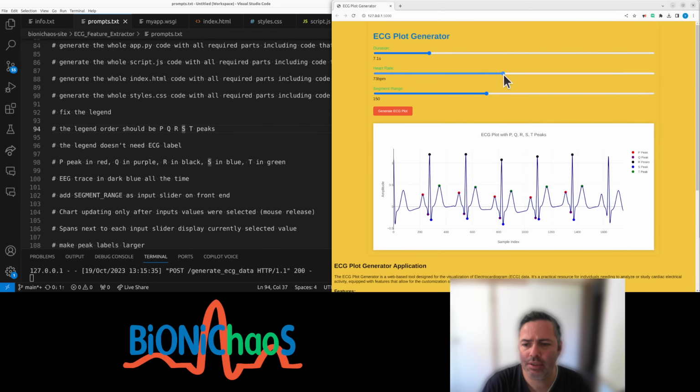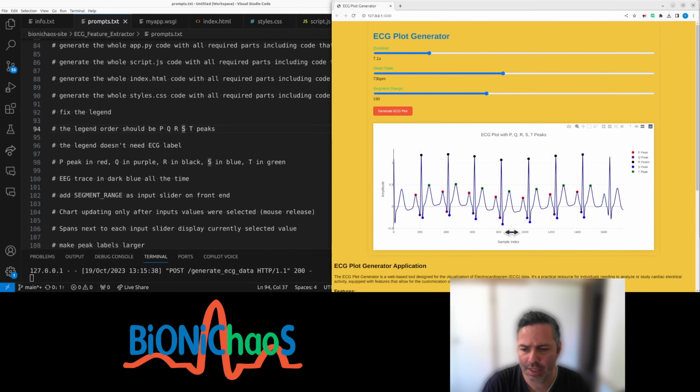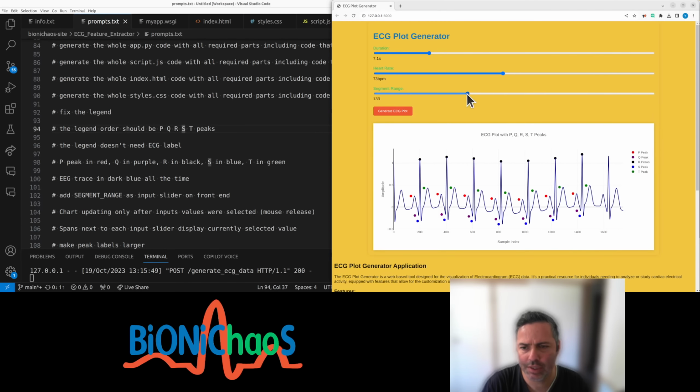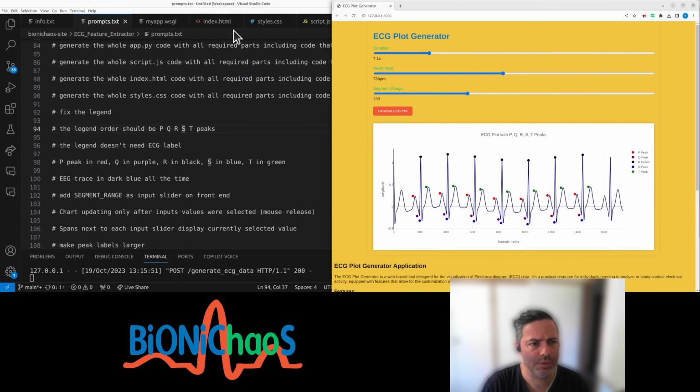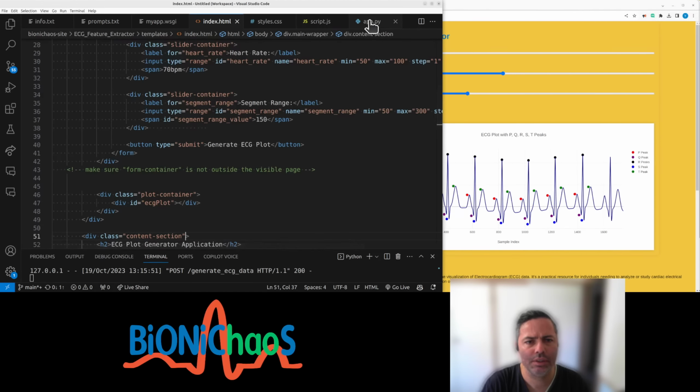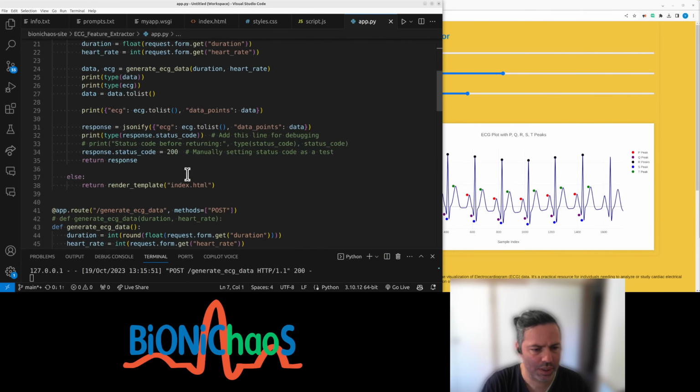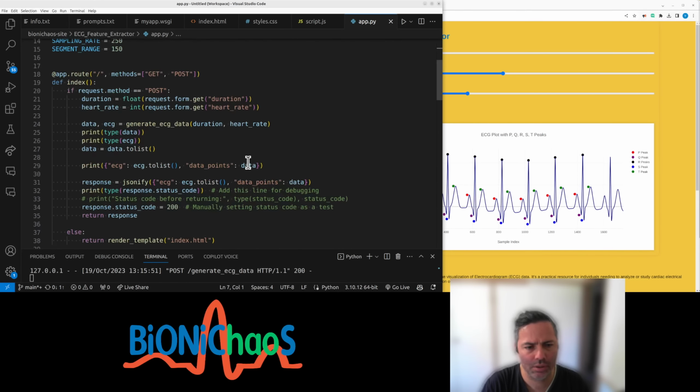Yeah, heart rate works okay. Yeah, the x-axis could be fixed. It should be actual seconds, but yeah, those are samples. And yeah, segment range, you can actually see how the algorithm is working. It's the code. So all the code is in this Python script, which